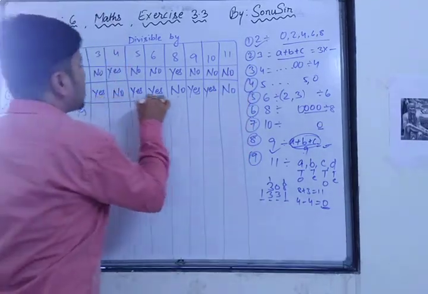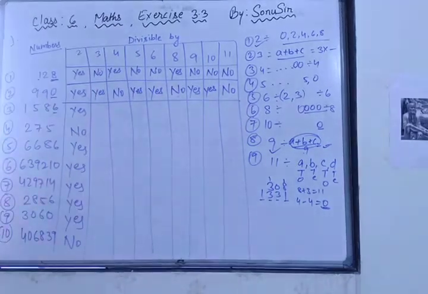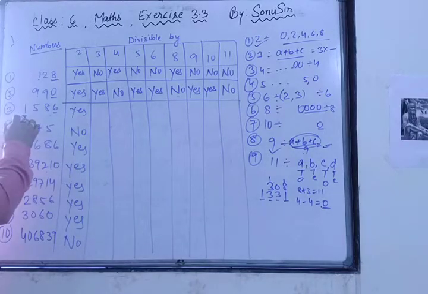So you have seen that the second one also I have done. Now what about the third one? Can you do the third one by yourself? Third, fourth, fifth, sixth, seventh, eighth. If you are not able, let me solve one more, and after that the rest of the questions you have to solve by yourself. So you can see here 1 5 8 6.